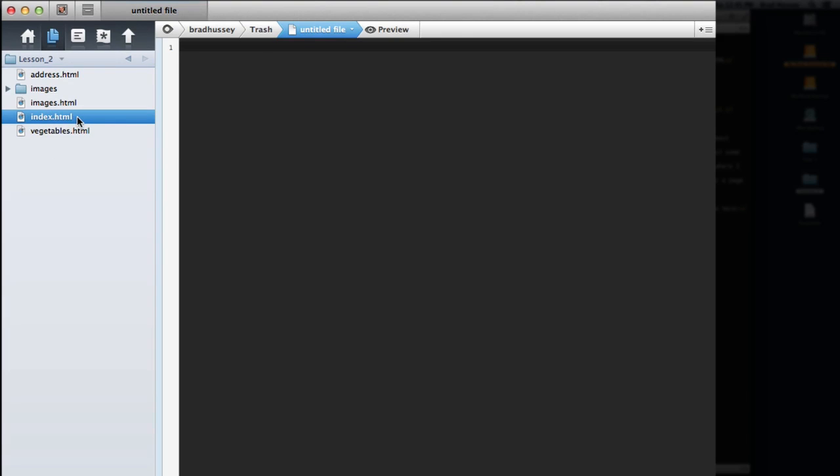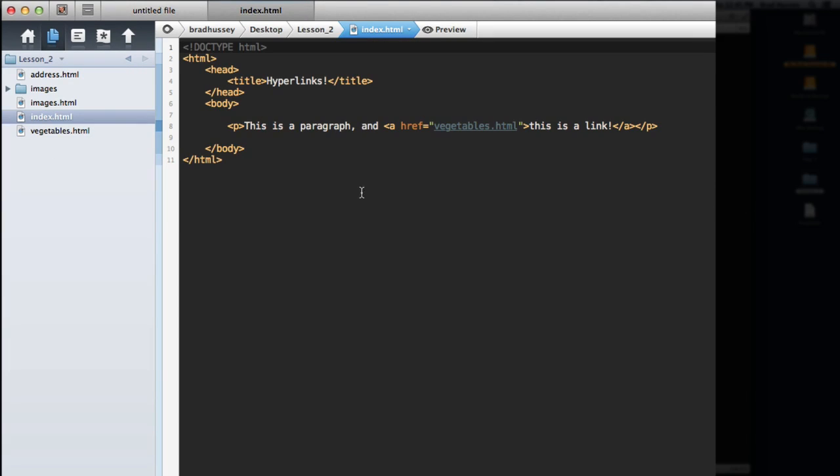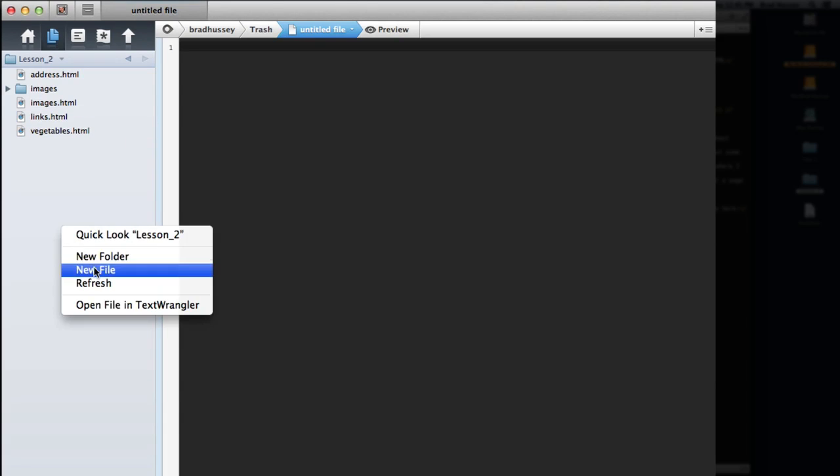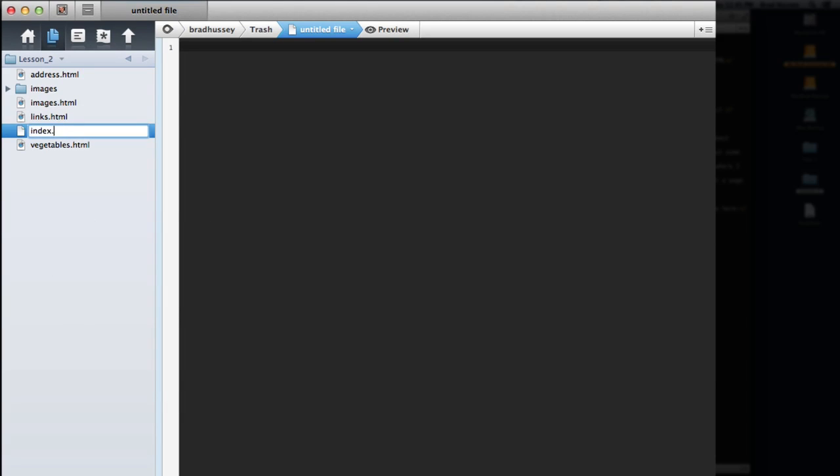In the index file, that's where we put our hyperlink code, but we're actually going to change the file name of this to links.html and then add a new file and call it index.html. In the index.html, that's where we're going to put our final mini website. So open your index.html in your code editor and begin by adding the HTML5 doctype